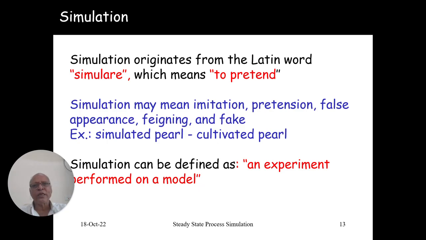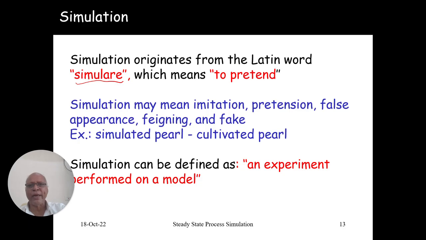Now, simulation itself is derived from the Latin word simulare, which means pretend. So if you further extend the other synonyms for pretend, they can be considered as imitation, pretension, false appearance, feigning, and fake. So some of the typical examples that we normally come across in our daily life: artificial jewelry, right? Or simulated pearl, artificial pearl. It's not original, but it is going to imitate the performance of the original pearl, original jewelry made up of gold, right? So in other words,